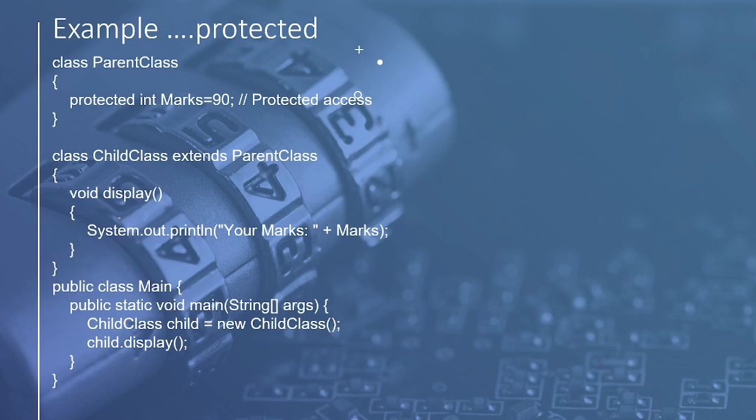The parent class is the first class. Because the child class is accessing the parent class, we don't make an object of the parent class, but we make the object of the child class. The name of this object is child, with new child class, and child.display displays